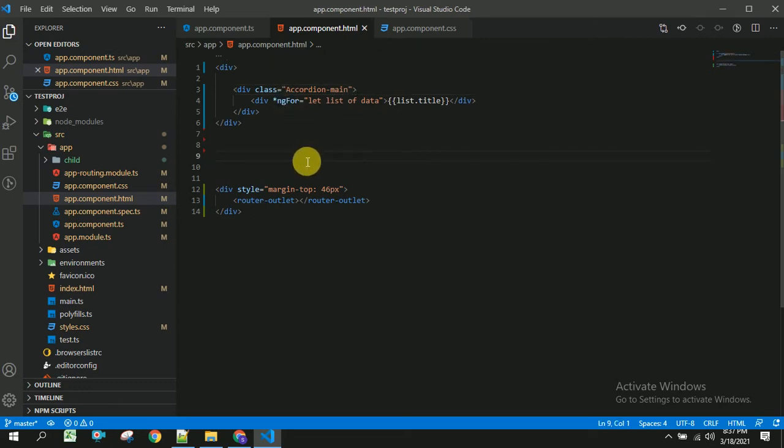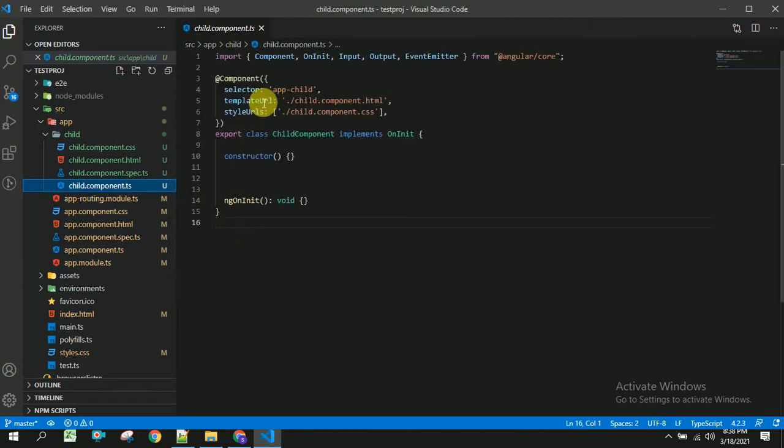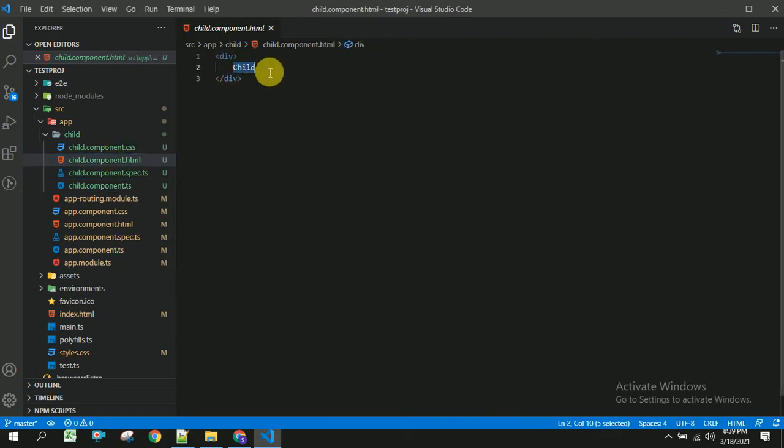Now we have to use this child component template name and paste it here, and we will send this list title and description to our child component. So inside the child component.ts we have the selector, and I am going to copy this selector, and inside this HTML we have something called child.